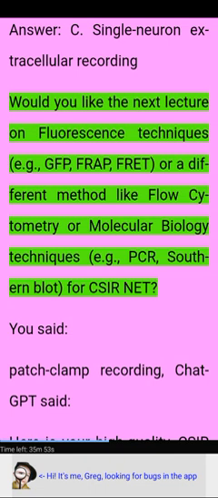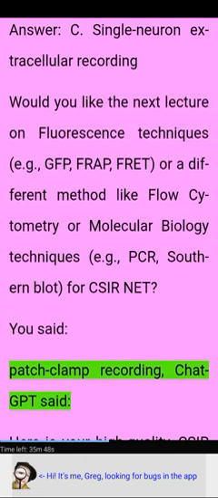Would you like the next lecture on fluorescence techniques, e.g., GFP, FRAP, FRET, or a different method like flow cytometry or molecular biology techniques, e.g., PCR, Southern blot for CSIR-NET? You said: Patch clamp recording. ChatGPT said: